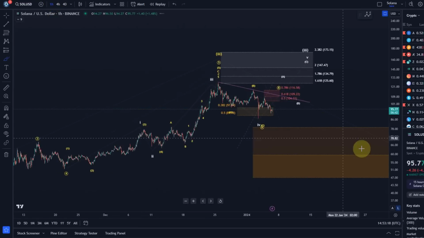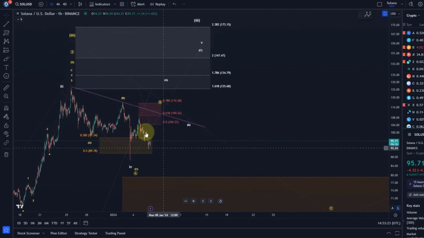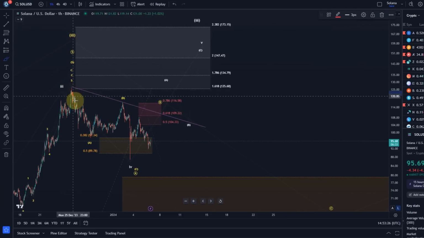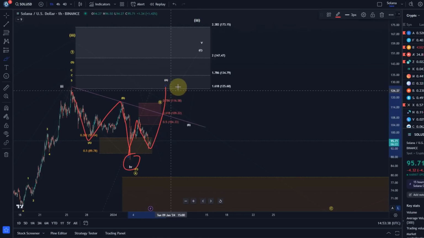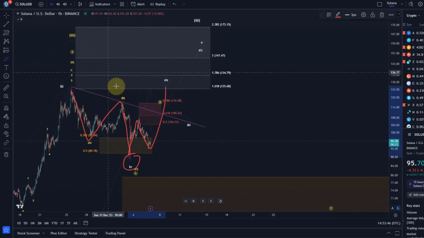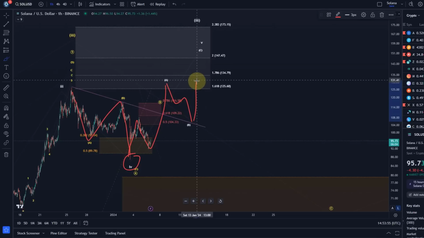So let's go to the 1 hour chart, and here are the two scenarios in detail. We can see, first of all, that a 3-wave move down appears complete. That could be wave 4 in the white count. And we're now working on wave A of 3, but actually it's wave A of 5. I haven't labeled the whole thing because it's just the second count, the extension. But we have an ABC in wave A, could then still see a pullback in wave B, and then a wave C rally should send us higher. ABC because it's an ending diagonal.